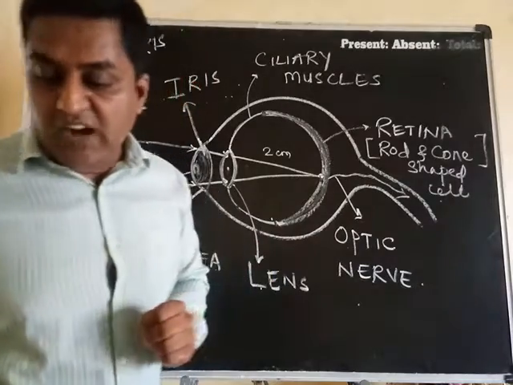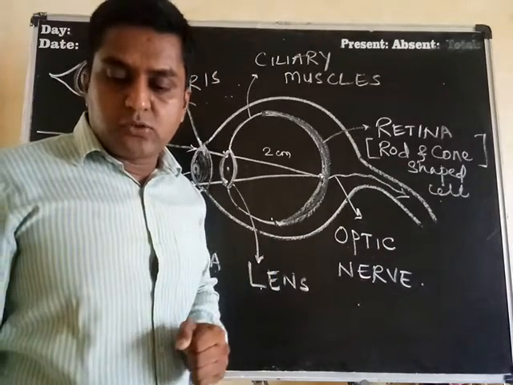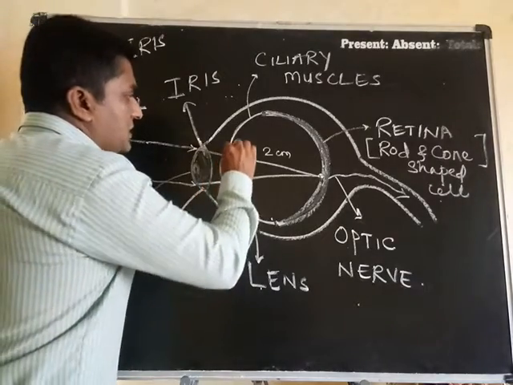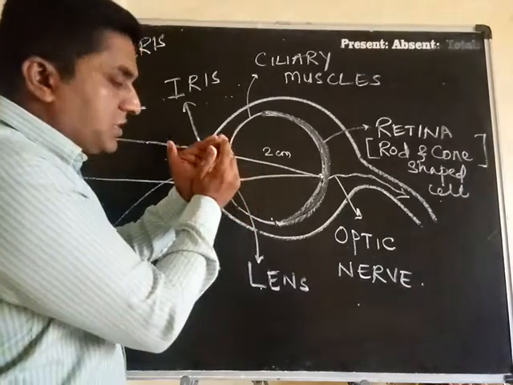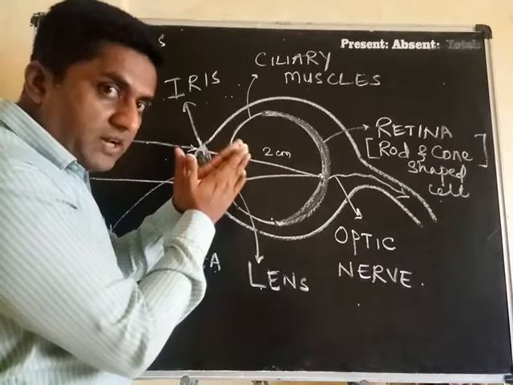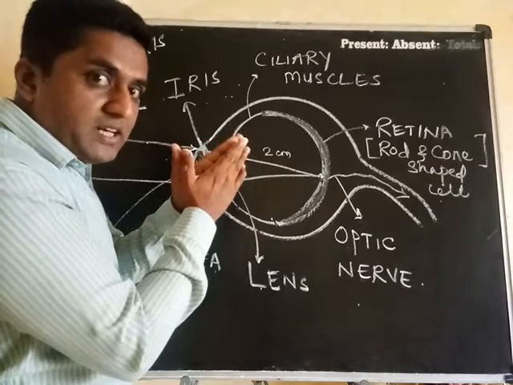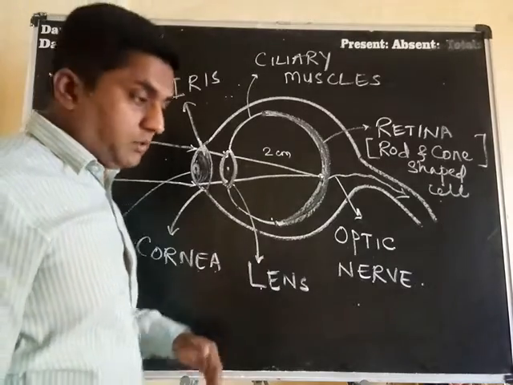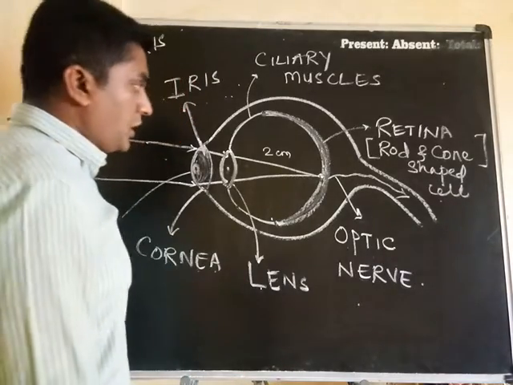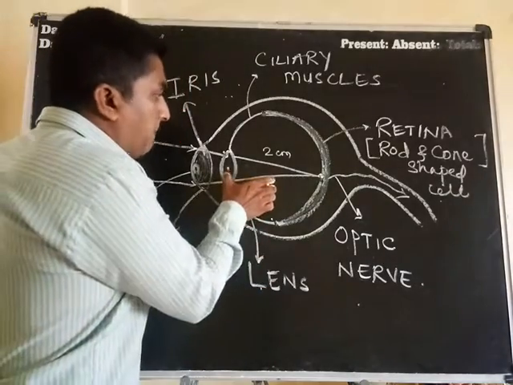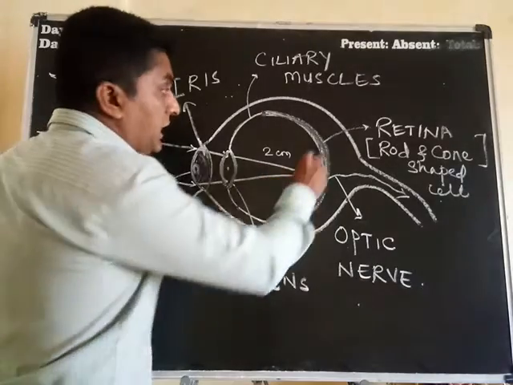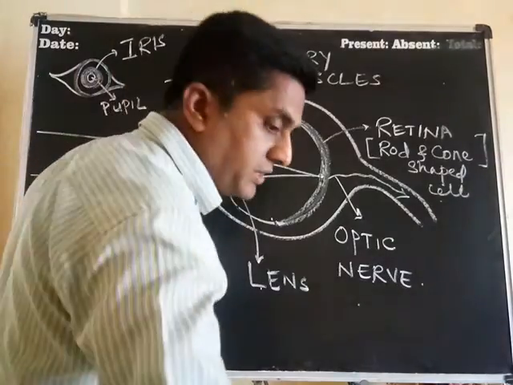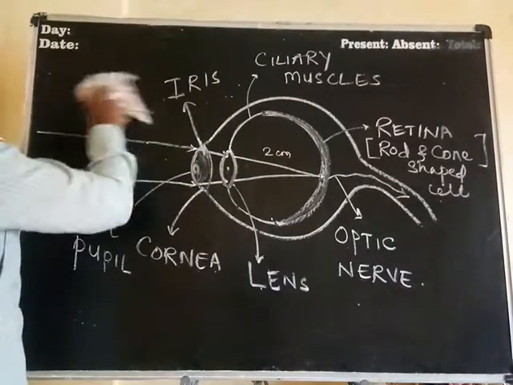Got everybody? After that, one more thing I would like to tell: see, this lens can bulge or it can flatten. This bulging and flattening process is called the power of accommodation. What is power of accommodation? Power of accommodation means managing this focal length exactly on that retina, right everybody? It is called what? Power of accommodation. How it works, here I will show you, right everybody?